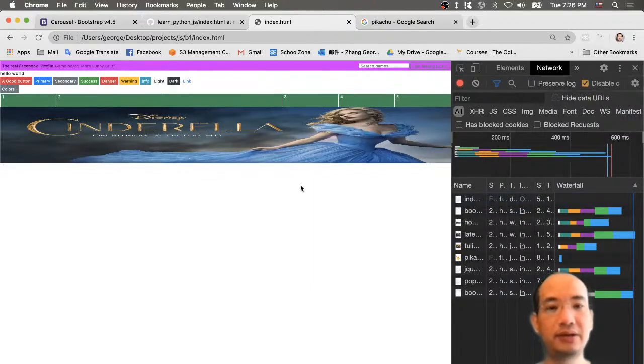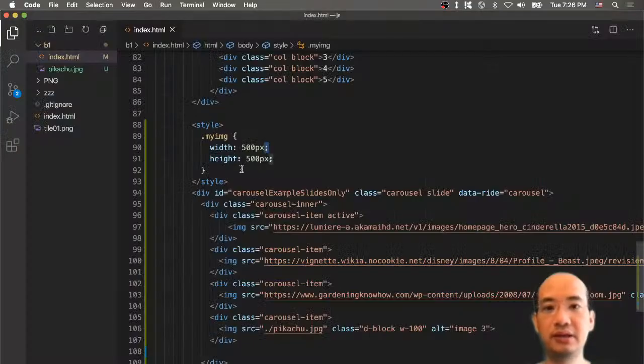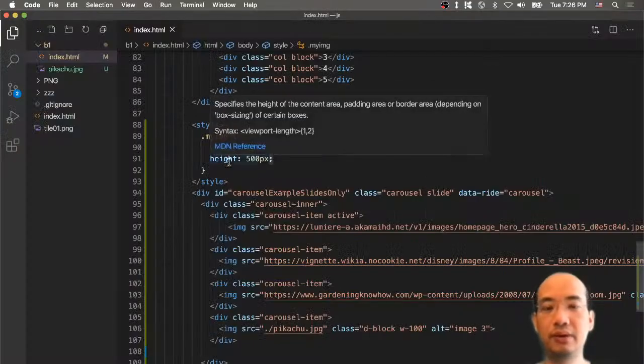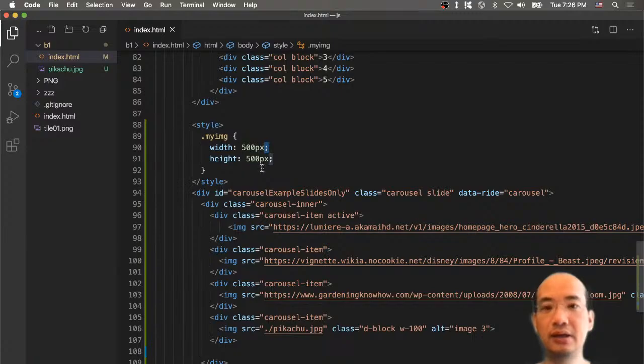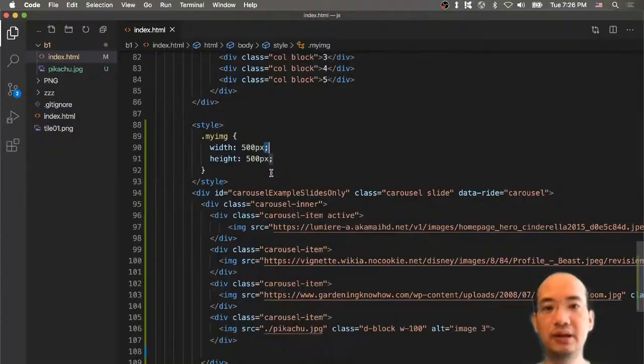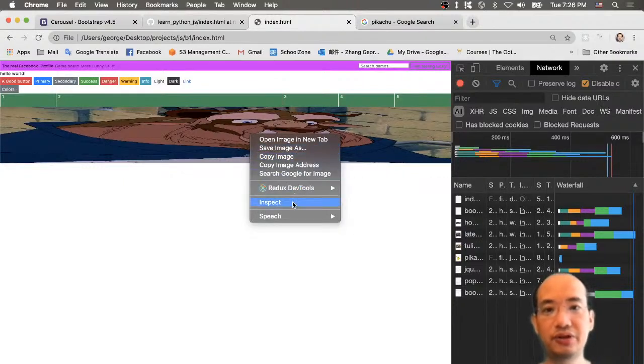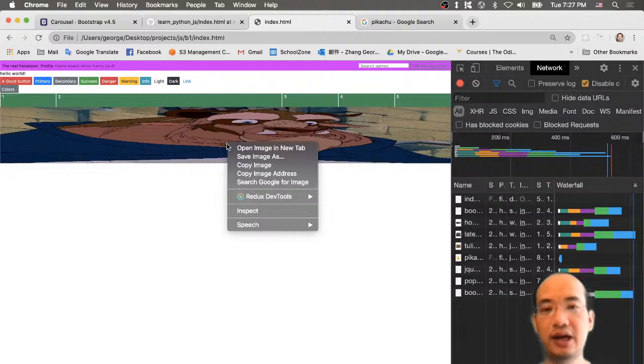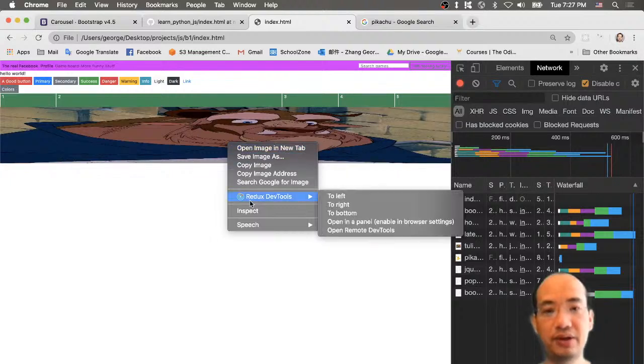Why does my Cinderella look like this? A width-high. Why does my width look like this? It doesn't really look good. And the reason is, let me take a look. Every time I want to check what's wrong with my CSS, my style,